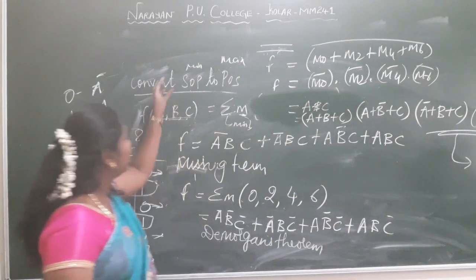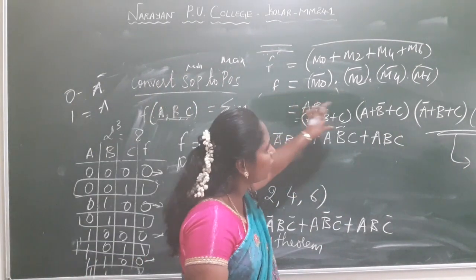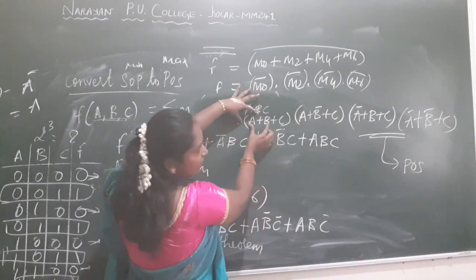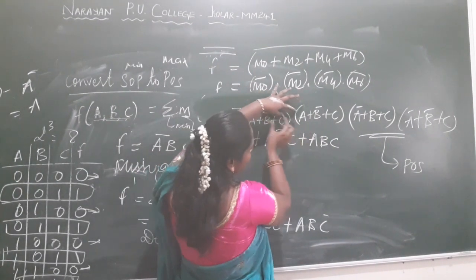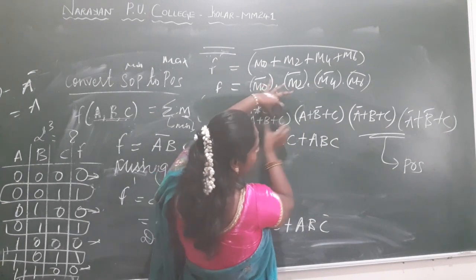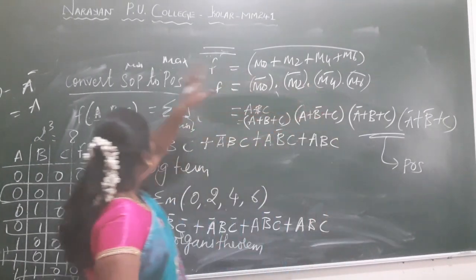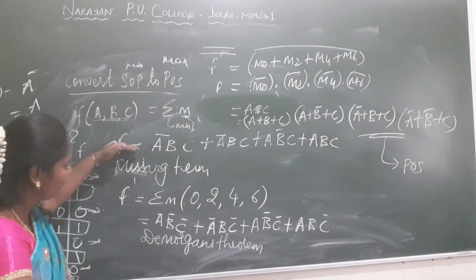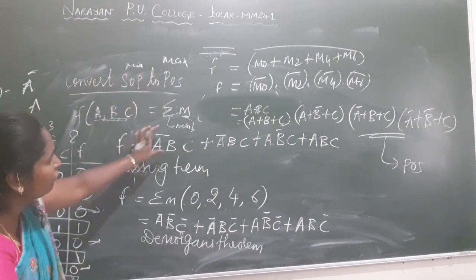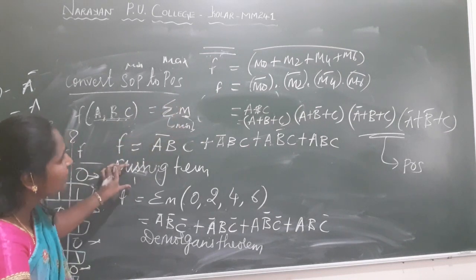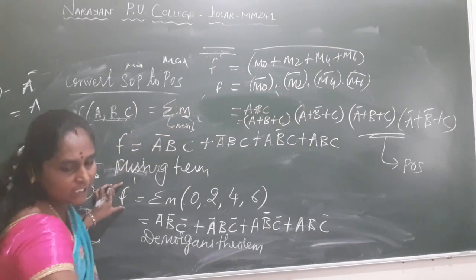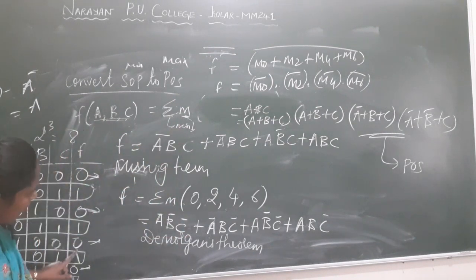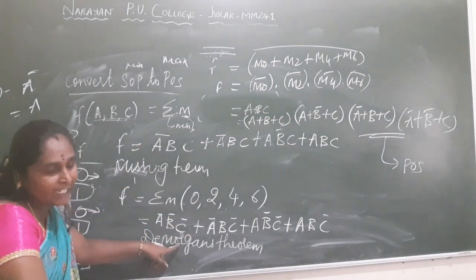The given SOP is being converted into product of sum terms. These are sums of literals of variables, and I have done a product between one sum term and another sum term. So I am converting from SOP to POS. The given expression as it is, I am finding the expression for the missing terms, that is the outputs which are zeros, apart from whatever output is 1. Then I am applying De Morgan's theorem on this.